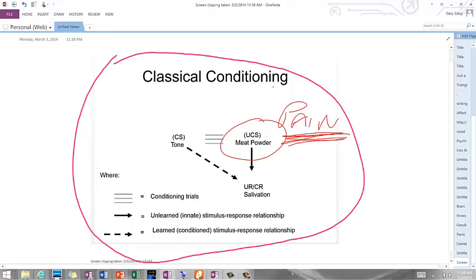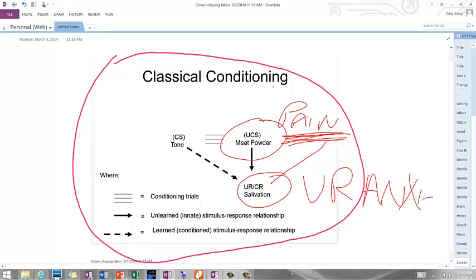So the shock itself creates, let's say, an unconditioned response here of anxiety, because nobody likes being shocked. So you see that natural connection. A shock naturally elicits anxiety.